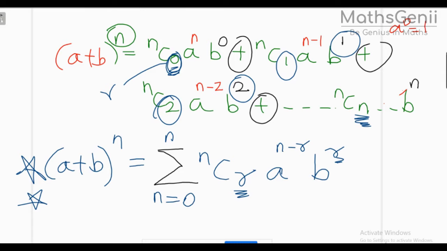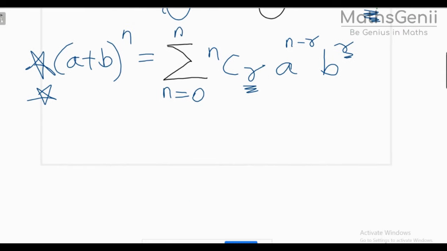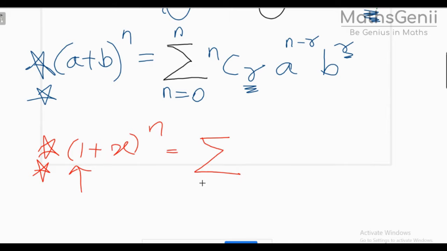One more variation we can do here is, it's found in a lot of questions. So you can make a note of this formula as well. Say, instead of AB, you had one term as 1 and another term as A, or another term as X. You can take anything, but one term is 1. So what is the formula for this kind of questions? The formula is,